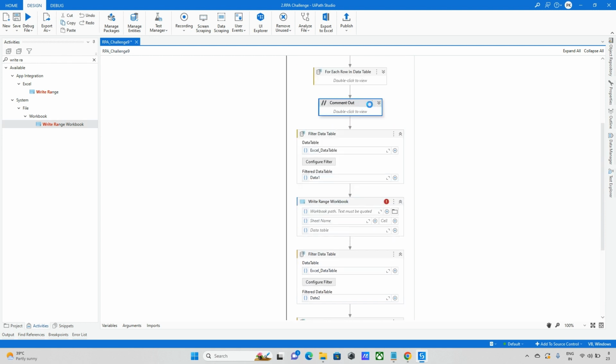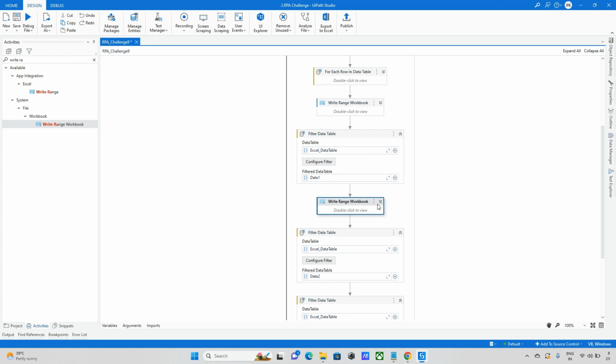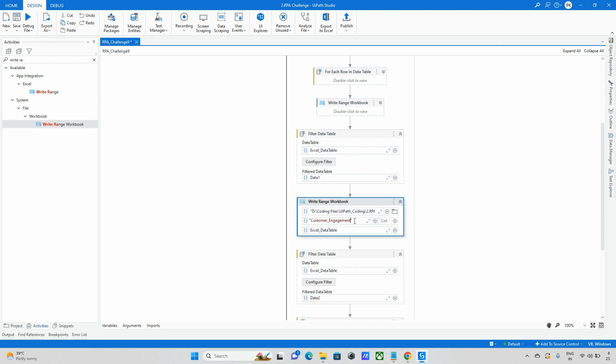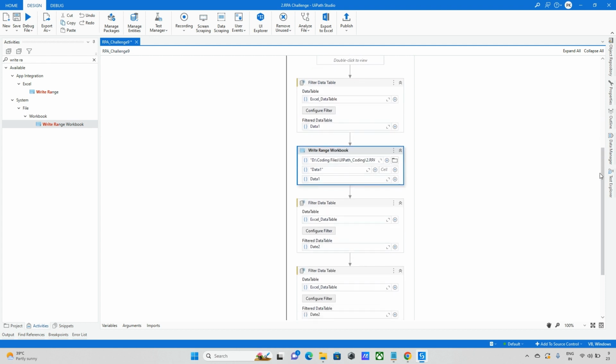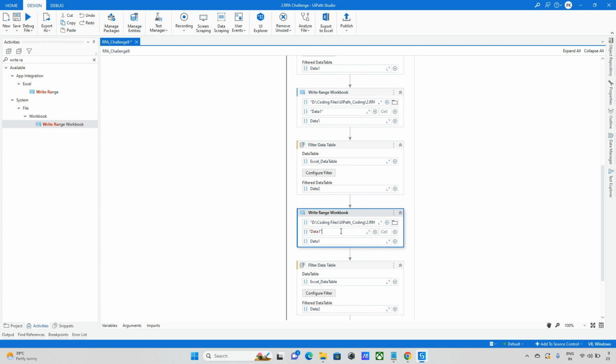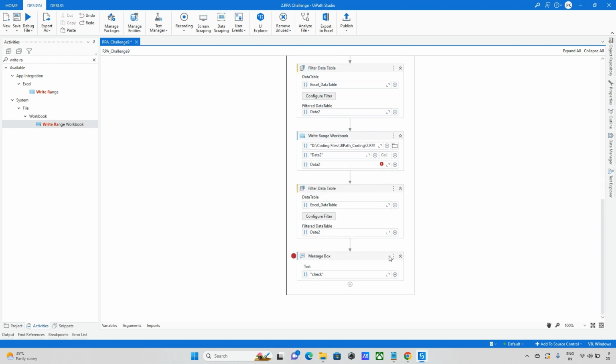So let me take the same thing, and here I will make the sheet name data 1. And this data table should be data 1. Similarly, I will do it for the rest of the things downside, and here I will make it data 2. This should be data 2, and finally,